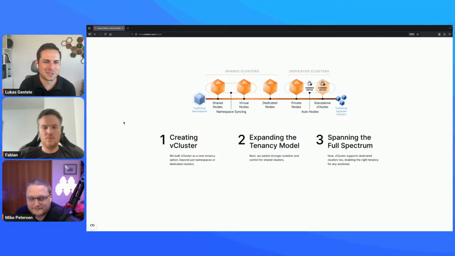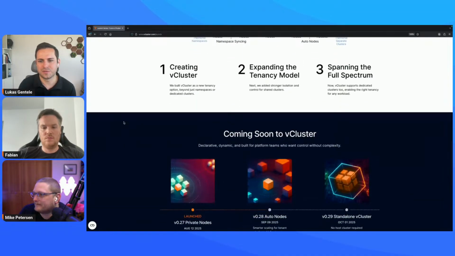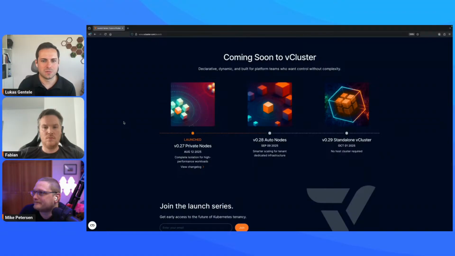You can probably guess from the names, auto nodes has something to do with automatically joining nodes into vCluster. We created private nodes and we announced that right now. But what if nodes could automatically be added to your cluster and you didn't even have to manually, we saw earlier, run the command, Mike, to join your 2 nodes into the vCluster. It's great. You have 2 private nodes now, but